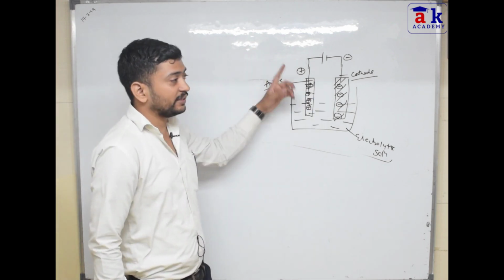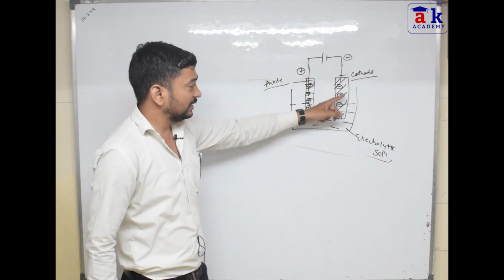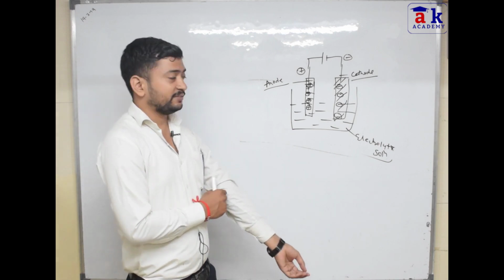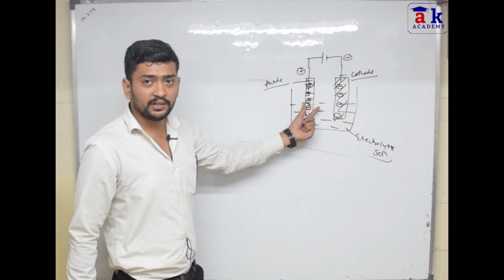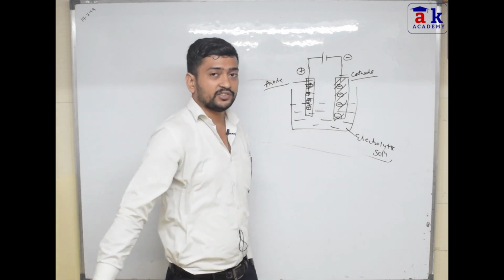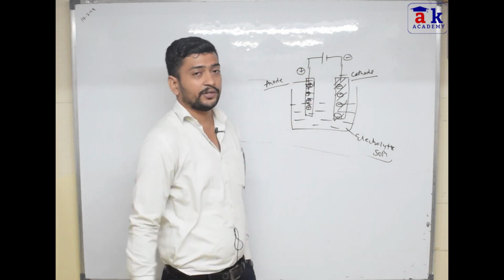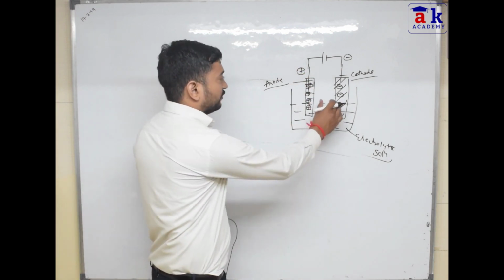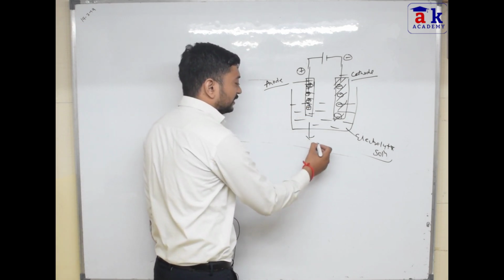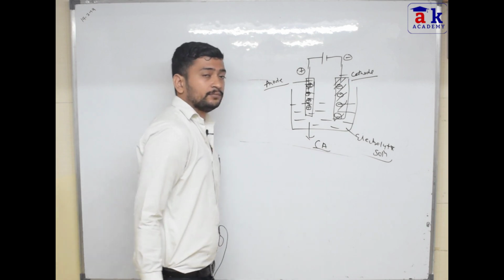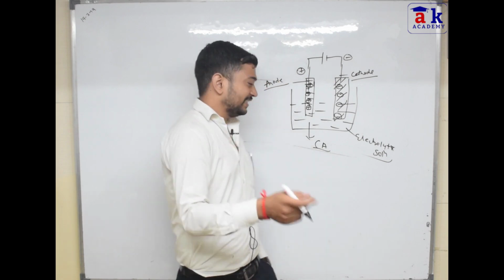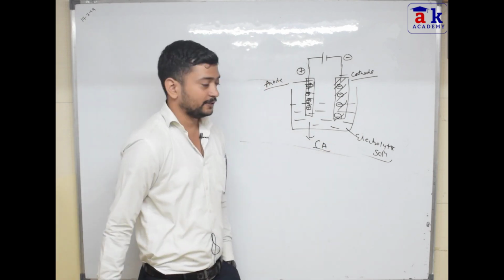Here let's prove on which electrode the oxidation is going on and on which electrode the reduction is going on. Here we have this anode, and on this anode I will prove why the oxidation is occurring and why we call the positive electrode the anode. The same thing we will do on the cathode as well. Let's consider that here we have one solution, that is CA. CA means one is cation and one is anion. C stands for cation and A stands for anion.